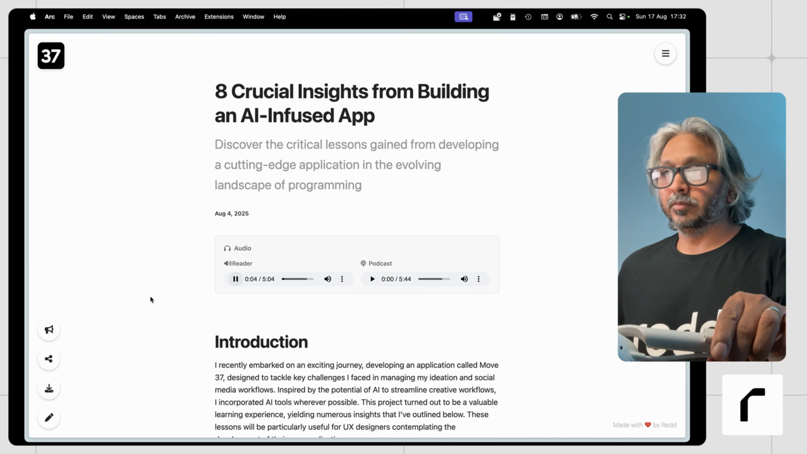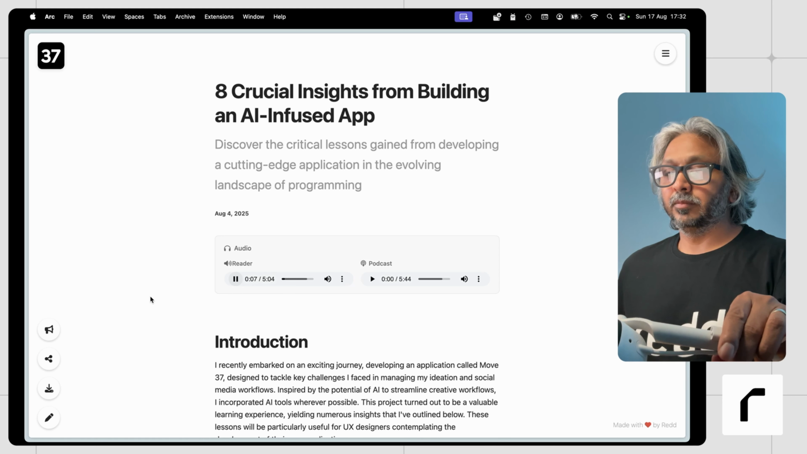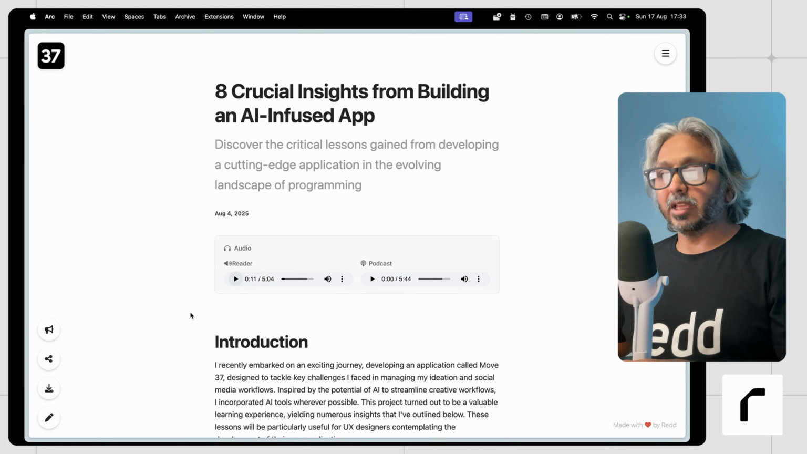8 crucial insights from building an AI-infused app. Discover the critical lessons gained from developing a cutting-edge application in the evolving